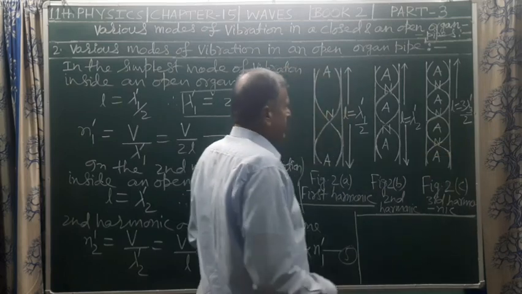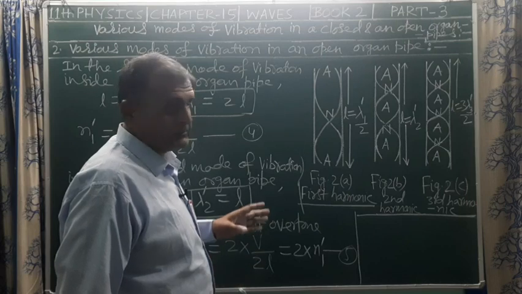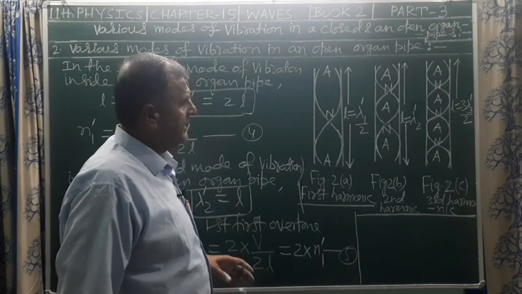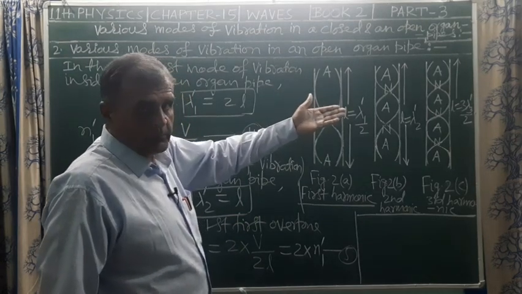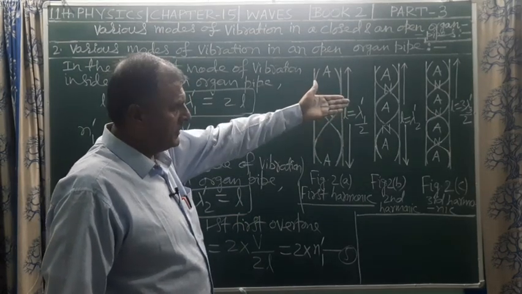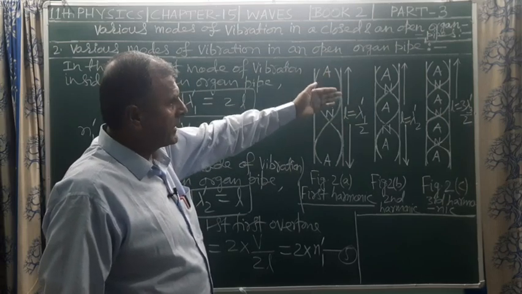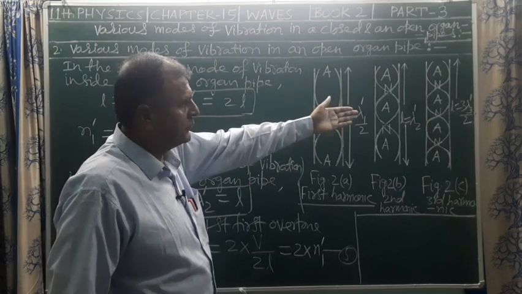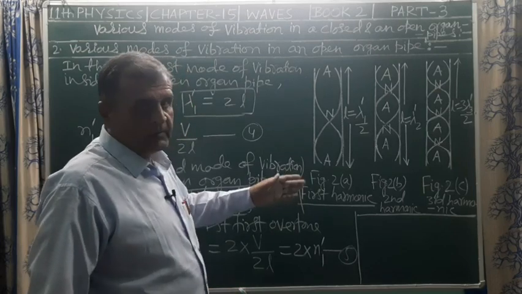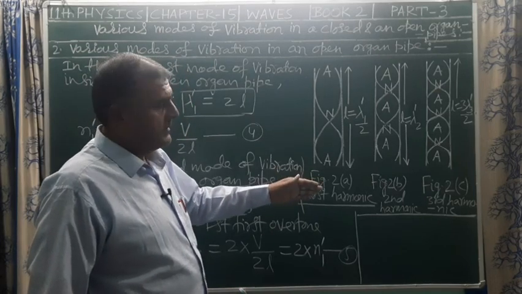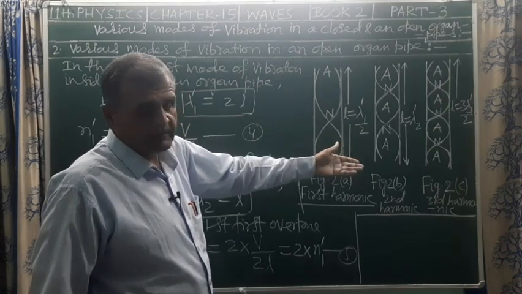So total distance in case of 3 nodes and 4 antinodes formed inside an open organ pipe, total length of the loops formed inside an open organ pipe, or total length of the tube, is L equal to 3 lambda 3 dash upon 2, where lambda 3 dash is the wavelength of the sound wave produced inside the third mode of vibration in